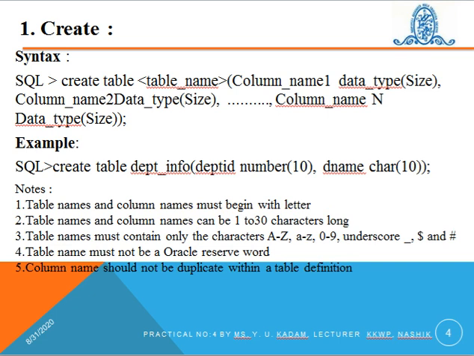Table name must contain only A to Z characters, in lowercase and uppercase, 0 to 9 values, underscore, dollar and hash are only allowed in a table name. Table name must not be an Oracle reserved word. We cannot use an Oracle reserved keyword as a table name. And column name should not be a duplicate within a table definition. These are the rules that we have to follow while creating a table.